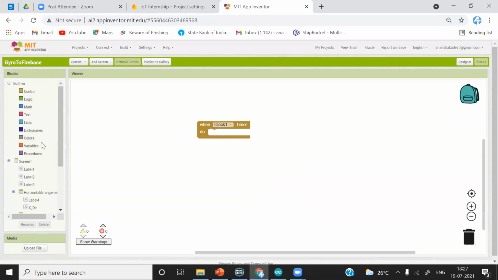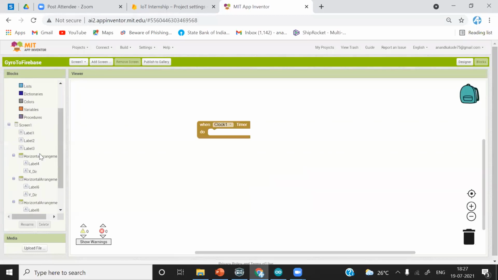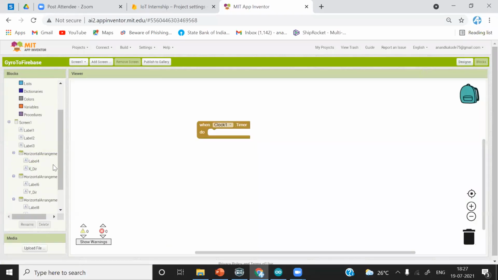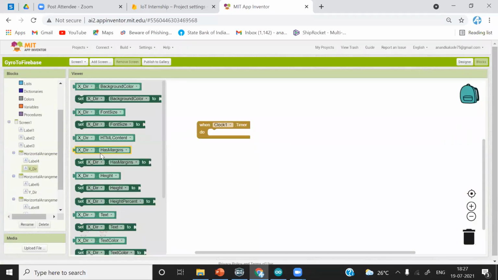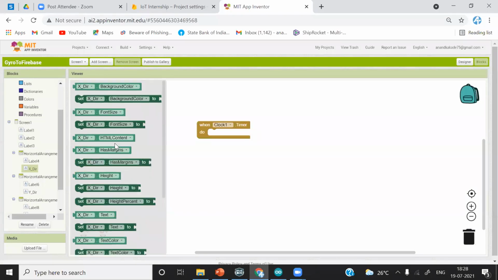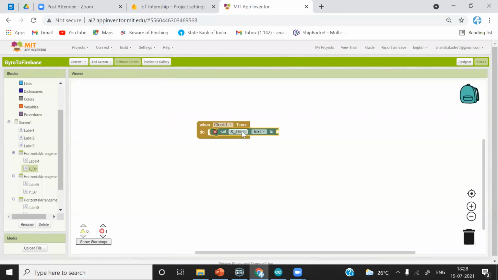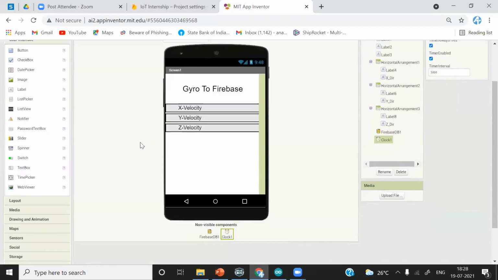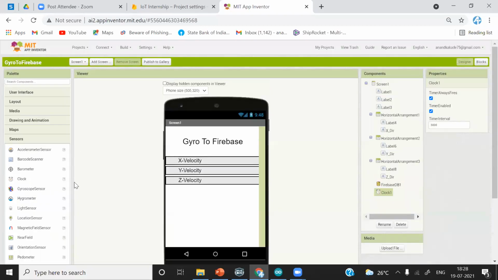So what we are going to do, we have to put this in front of x velocity, where we need x velocity values. To do that, just click on this x dir and set text. We have to select set text here, and after that we haven't taken the sensor as gyroscope.